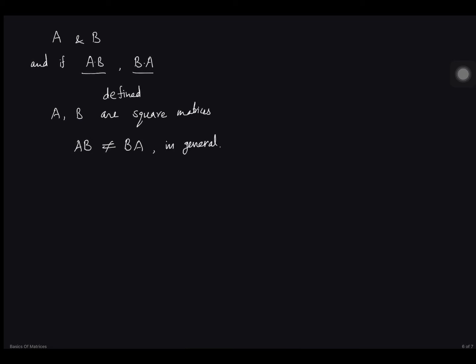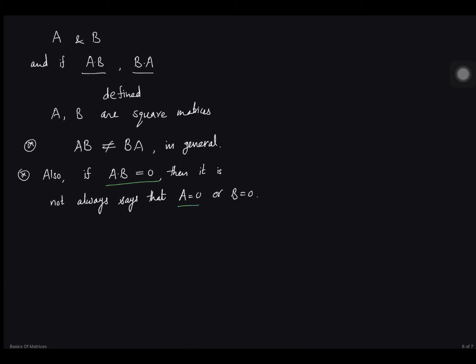And also, if you have the product of two matrices as 0, this is another property. If the product of two matrices is 0, it does not always mean that either A is 0 or B is 0. For example,